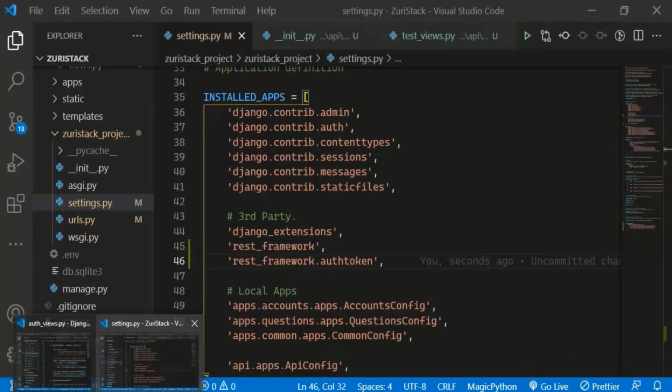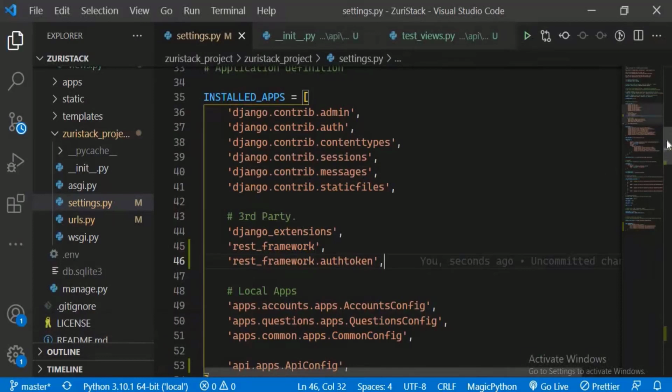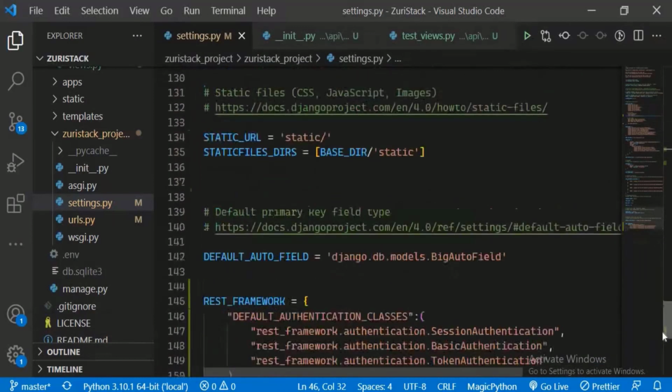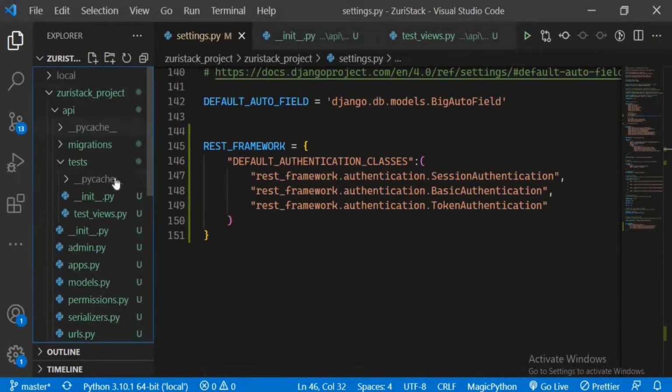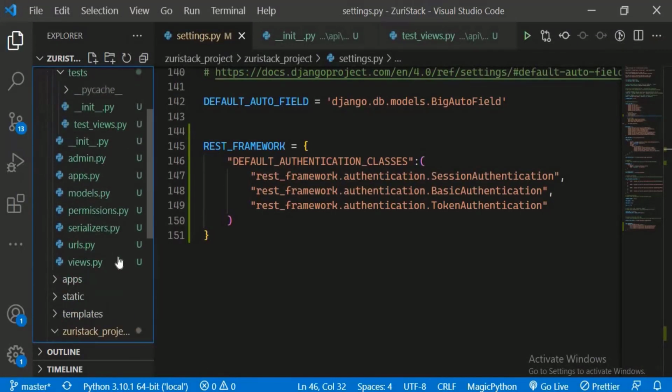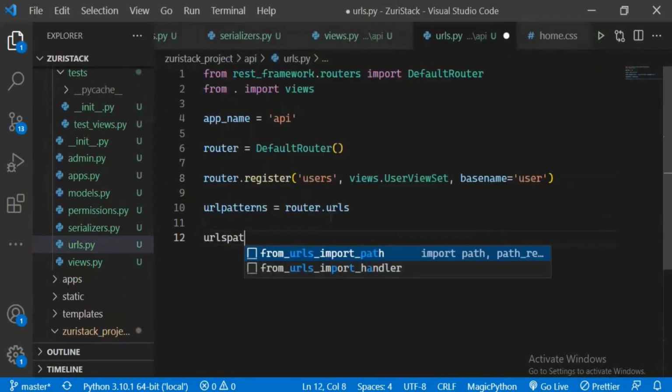And just have to create a new token retrieve endpoint for our user since we've already added token authentication to our authentication backend. Okay, so we want to go to the API app under URLs, and we want to add a new